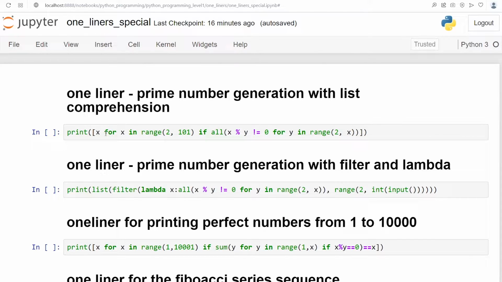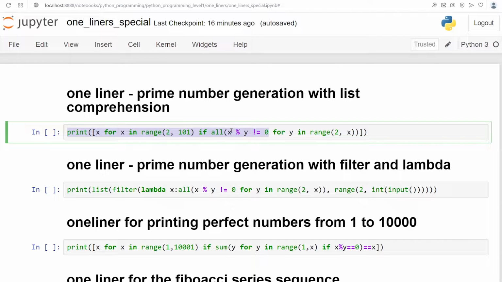As you can see, the outer for loop here generates the numbers from 2 till 100. And then here there is a very subtle condition. So we look for all the numbers till the number selected in this for loop. For example, if the number selected in this for loop were 50, so this y for loop will go from 2 to 50, 2 to 49 in fact, and then it checks if x modulus of y not equal to